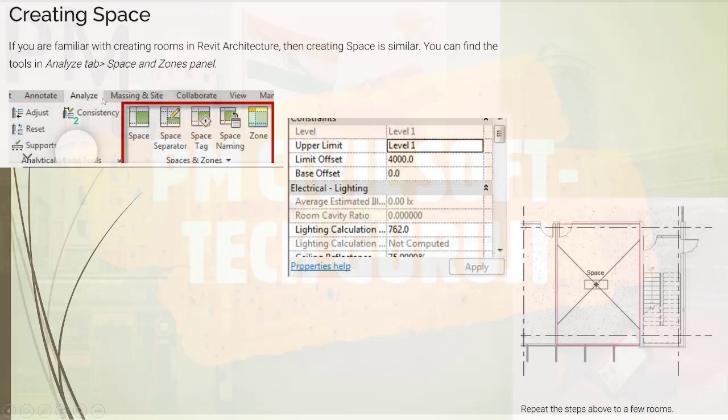Click the Analyze tab of the ribbon and then go to the Spaces and Zones panel, which has space, space separator, space tag, space naming and zone. But here we are creating a space, so click Space.